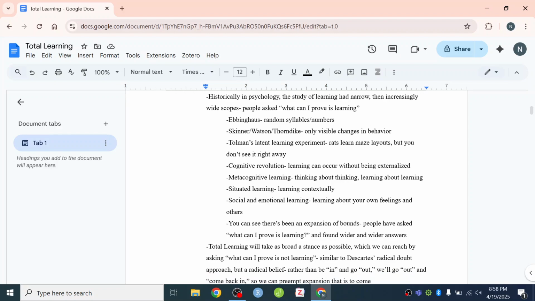But this was a big moment in the history of the study of learning sciences, and indeed of cognition in general, because it showed that things could be happening within the mind, learning could be occurring inside of the organism without it being immediately externally visible. It gave credence to the idea that learning can occur without being externalized, that it can all be happening up in here in the head. This is one of the many factors that leads to the so-called cognitive revolution.